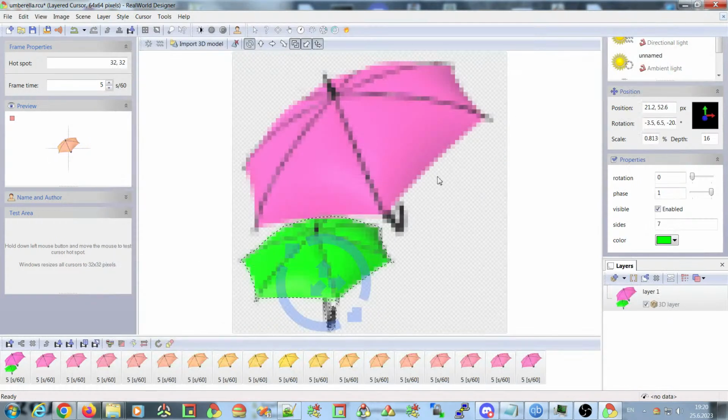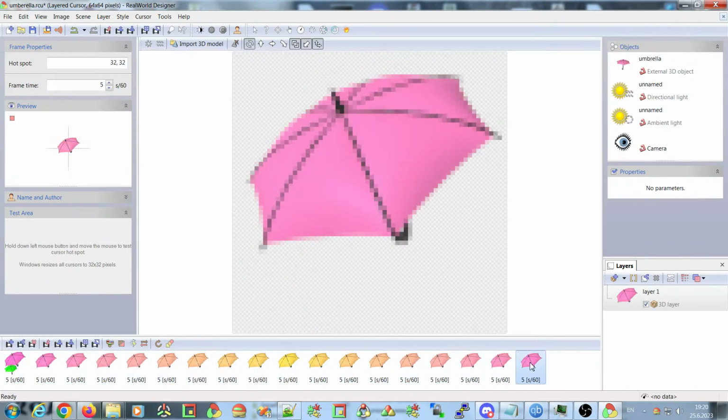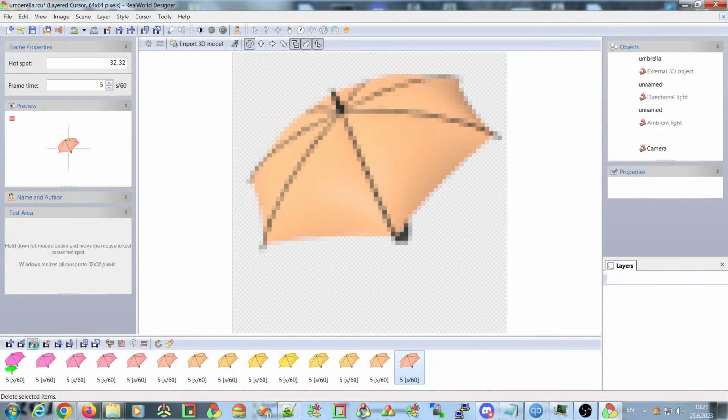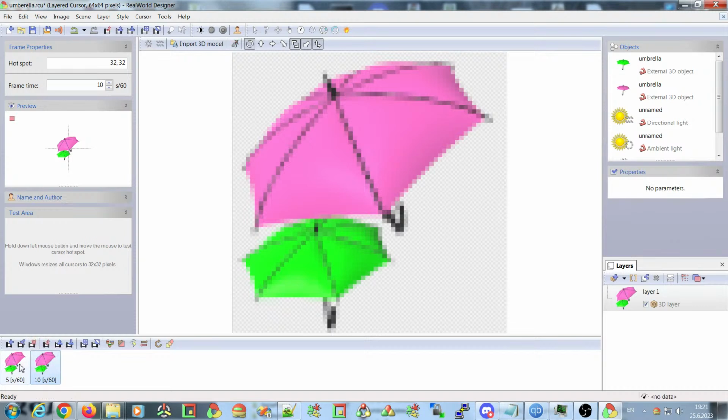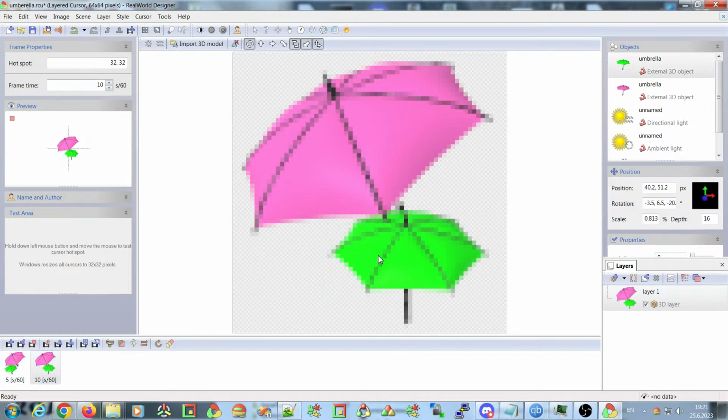You can only interpolate between two selected frames. I'm not sure why. Okay, let me delete these frames. You should always have two frames that are the edges of the animation. But if you have more than that, for example, on the second frame, let me move this umbrella here,